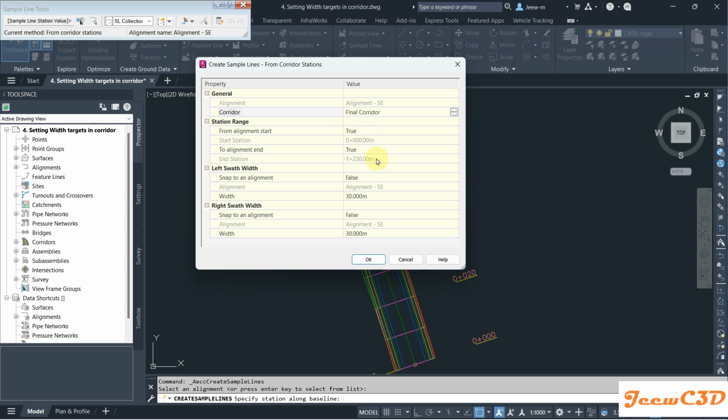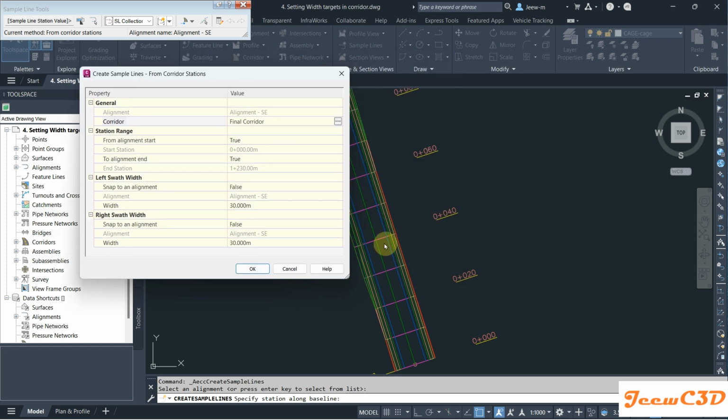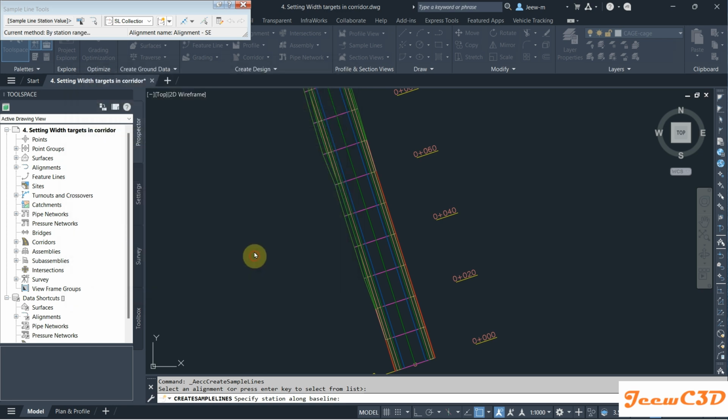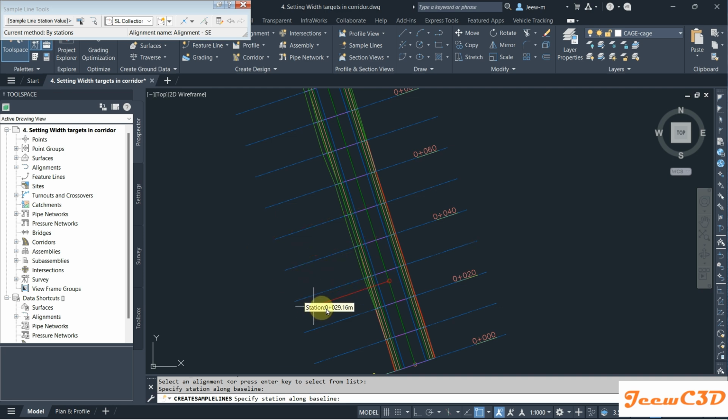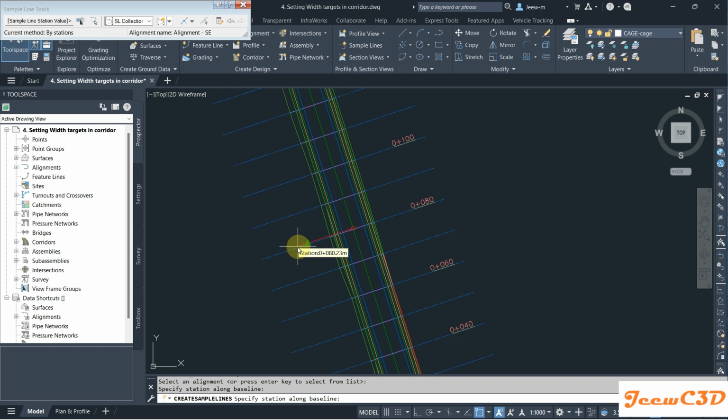Otherwise, you can select the region and left swath width and right swath width, that is, at what offset from the center line you need the data to the right and to the left. In this case, we use 30 meters to the right and 30 meters to the left. So I click OK. Now you can see the sample lines are just created on top of the